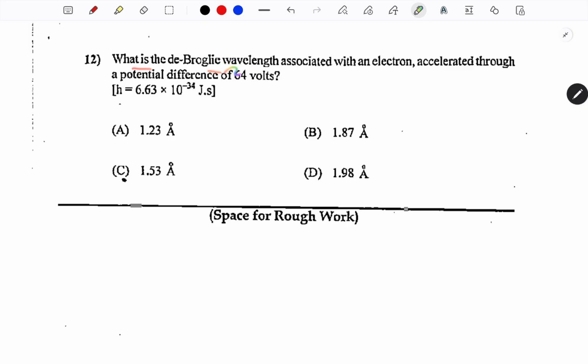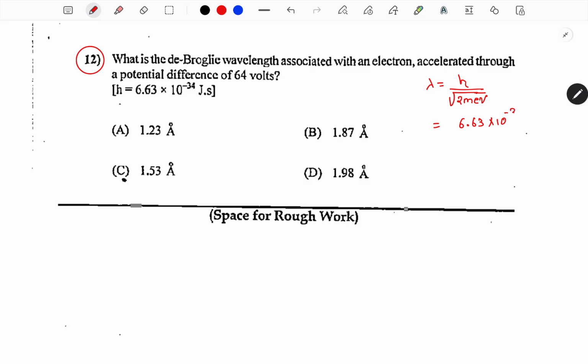Next question. What is the de Broglie wavelength associated with an electron accelerated through a potential difference of 64 volt? Okay, see, this equation is in the omitted syllabus, but we have already solved this in the March 2023 paper. Means the first one was asked in 21 and the second one was asked in the 23 paper. So solving further, lambda is equal to h upon root 2 MeV, and if we put values here, 6.63 multiplied